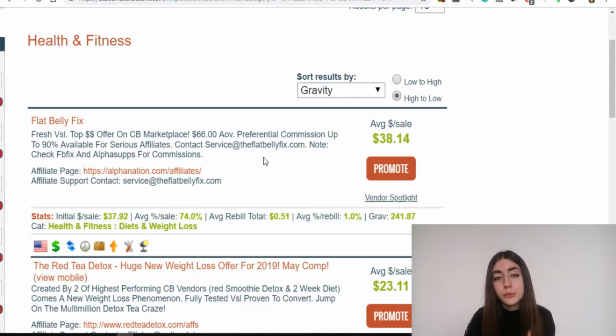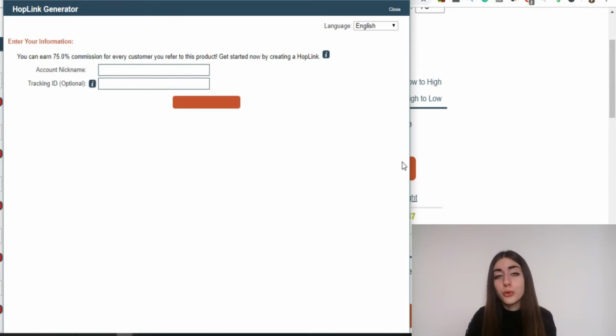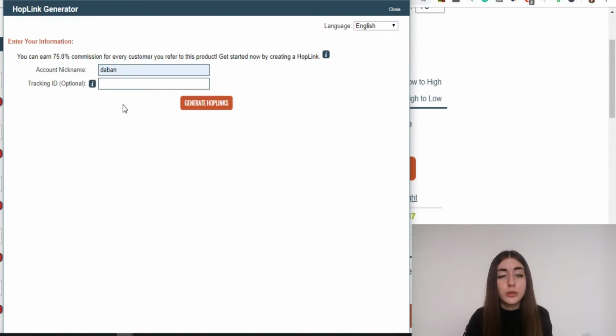Now if I actually want to promote the product, I'm going to click here on this red promote button, and I'm going to get my own unique affiliate link. So all you have to do here is enter your account nickname, the nickname you created as you were creating your Clickbank account. Generate hop links, and basically,